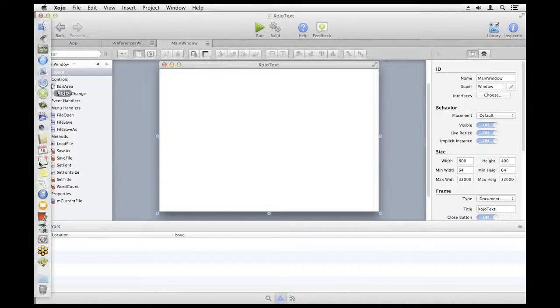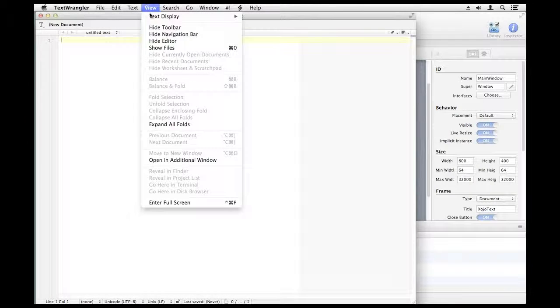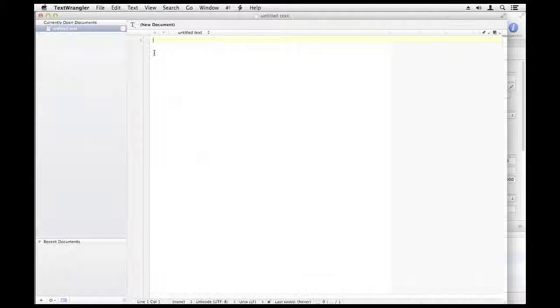All right, so if you look at Text Wrangler here, I think it has some way to do this. Yeah, here it is. So you can see here on the left-hand side, it has documents that you're open and editing, and as you click on them, it lets you go between them,